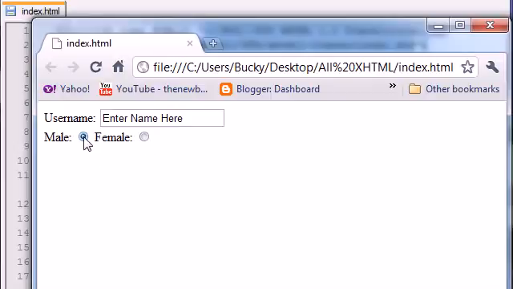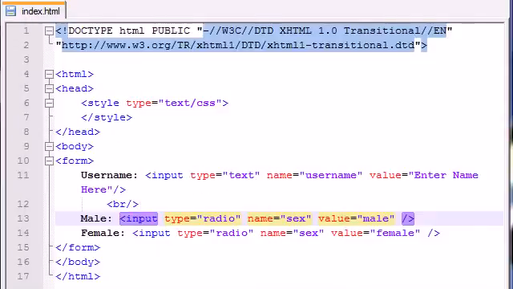When they select this, the other one becomes unselected. So you're saying that's pretty cool. Now I understand radio buttons. But what if I come across a scenario where I want to let the user select more than one thing? For example, if you're making a website selling meats online, like bacon and stuff, you're going to want to allow the user to select